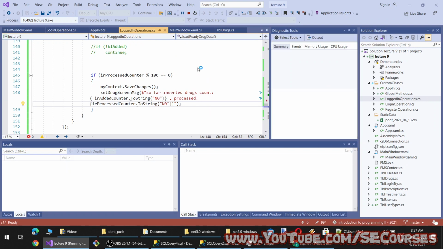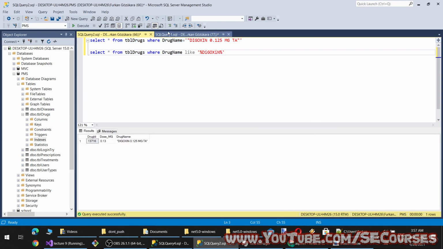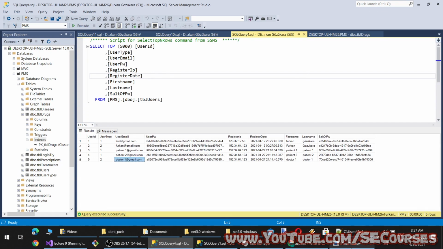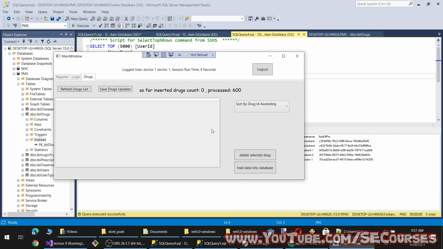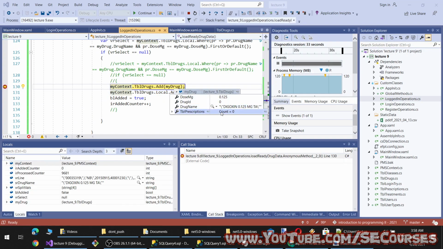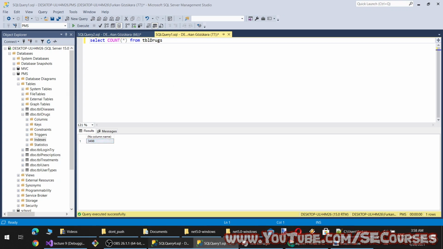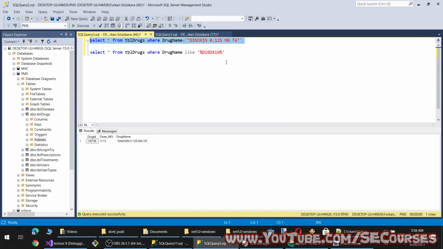What may be causing this error? Okay, let's see. 0.125. Do we have that? Yes, we have it.